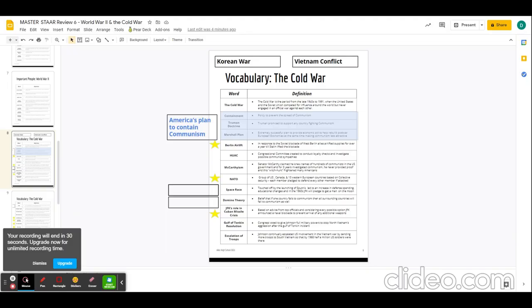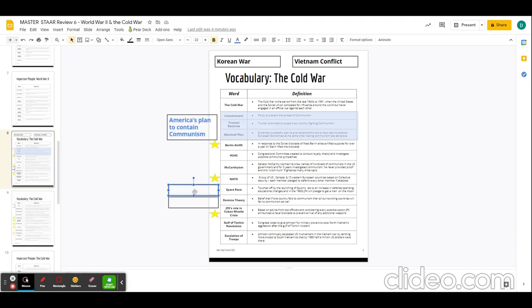The space race was another key part of the Cold War. It was kind of kicked off when the Soviet Union launched Sputnik up into space, but culminated with the United States landing on the moon. So the USA wins the space race. We were behind for most of it, but we finished when it counted. We got man on the moon first, and we won the space race.